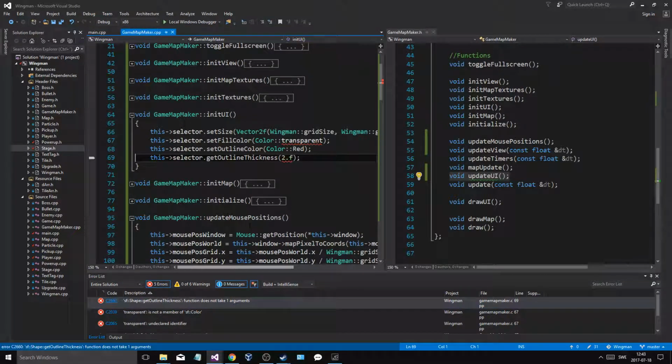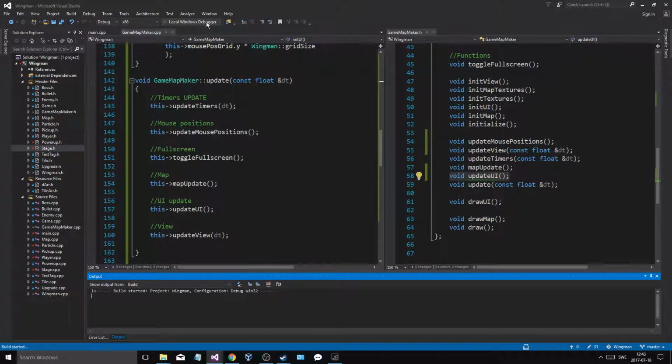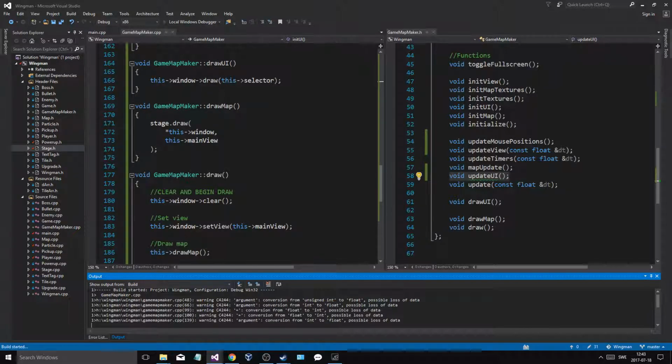Something happened. Does not take a float. I think transparent outline. Oh, set 2.f. I think it does take a float, doesn't it? Yep. So we're updating it, we're drawing it, we initialized it,